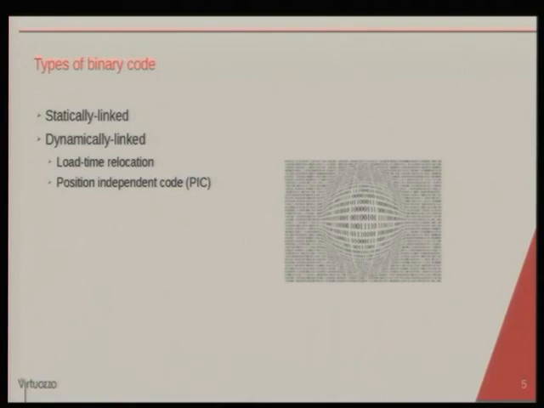So when we want to patch code, we have to understand what we would like to patch. And to understand this, we have to know something about binary code. Binary code can be roughly divided into two different types. One of them is called static. Statically linked code is most of the utilities you're using on a daily basis, like ls or pwd or whatever, cat. And by statically linking, it means that